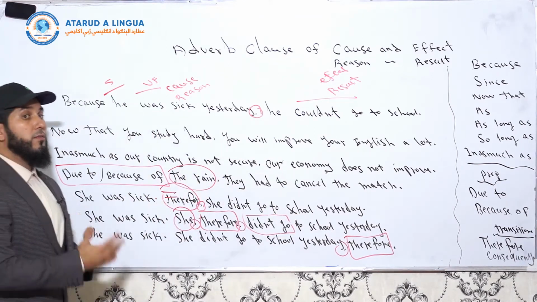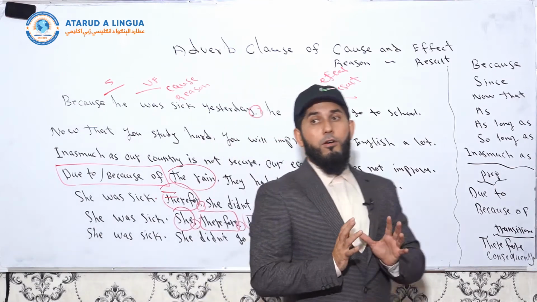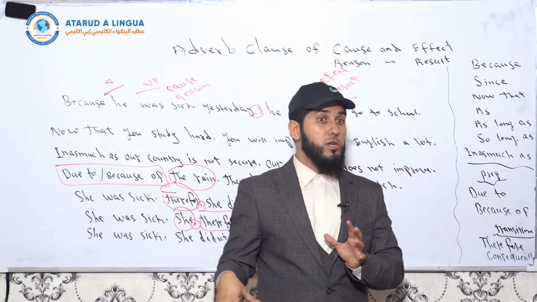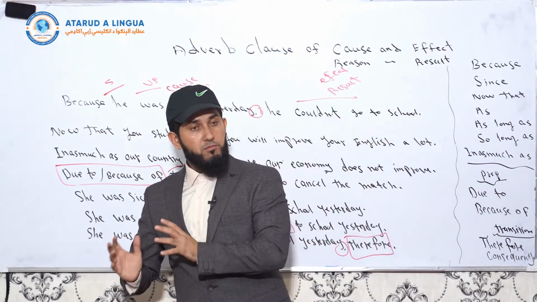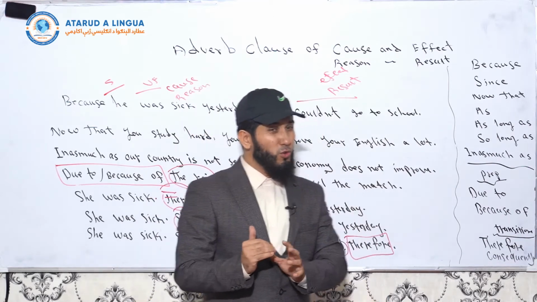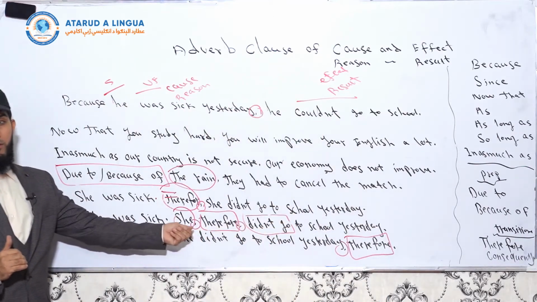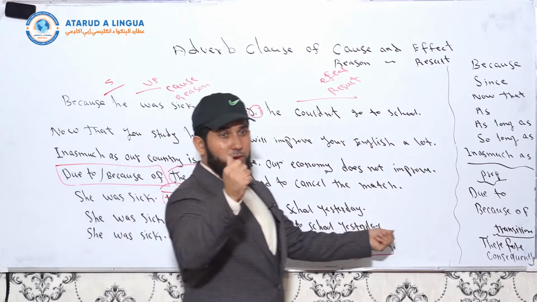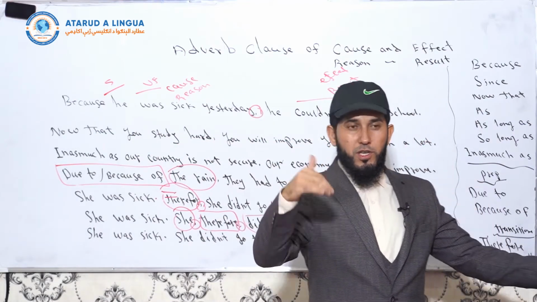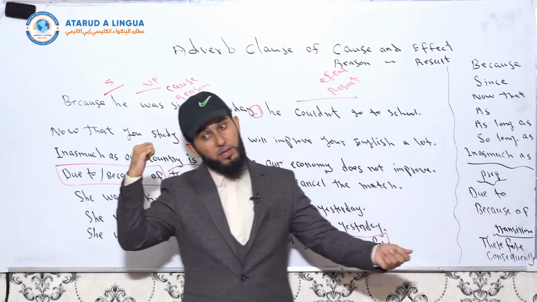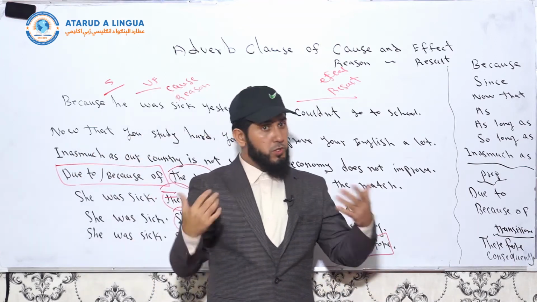Okay? So an adverb clause of cause and effect is a group of words which has a subject and main verb and shows the result of a reason in its main clause, or shows the effect of a cause in its main clause. Understood? I've told you this many times,